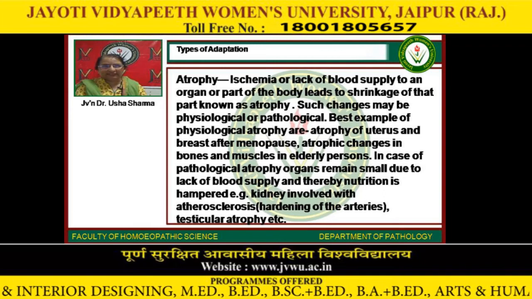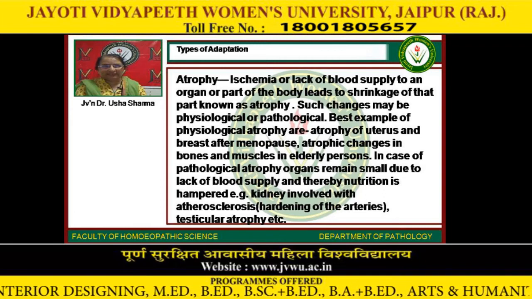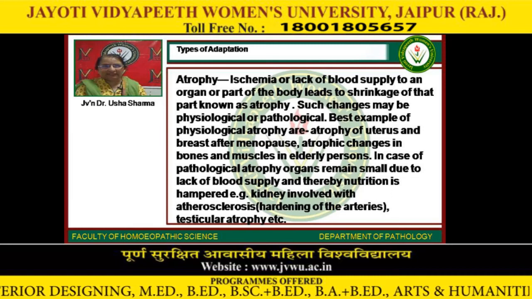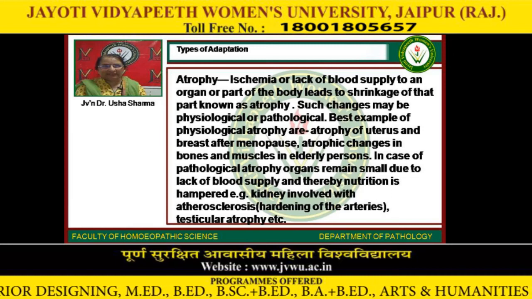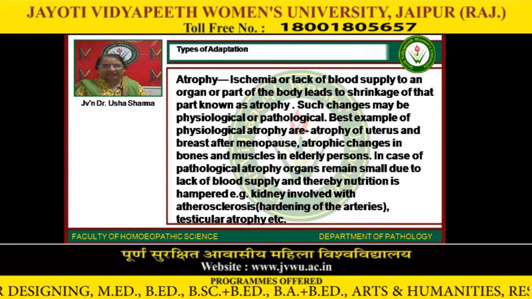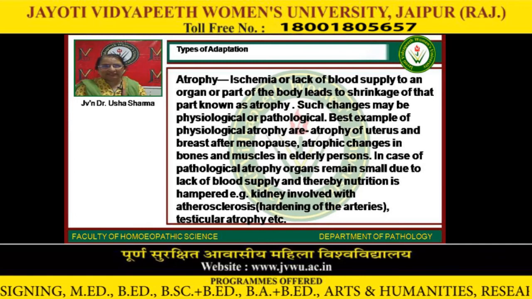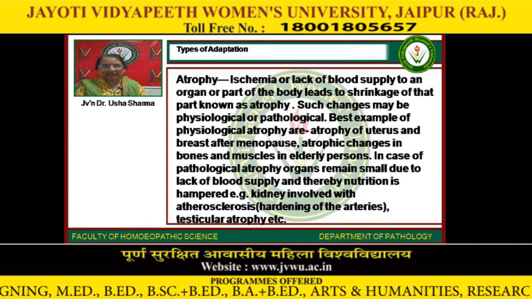In case of pathological atrophy, organs remain small due to lack of blood supply and thereby nutrition is hampered. And a kidney involved with atherosclerosis goes into the condition of atrophy due to hardening